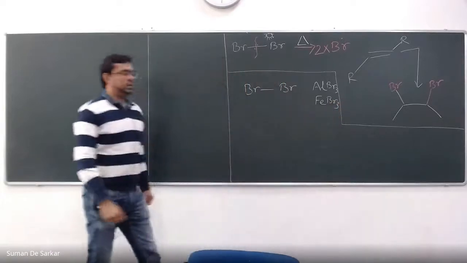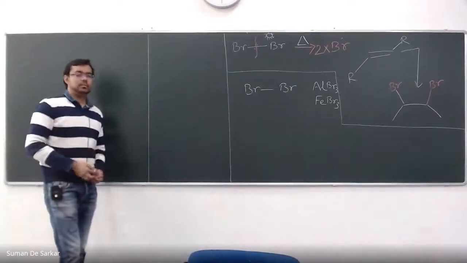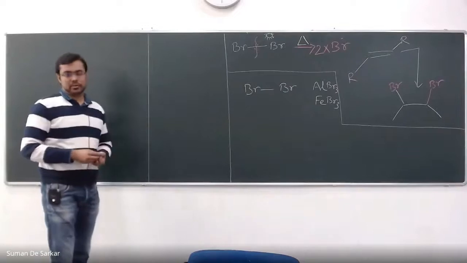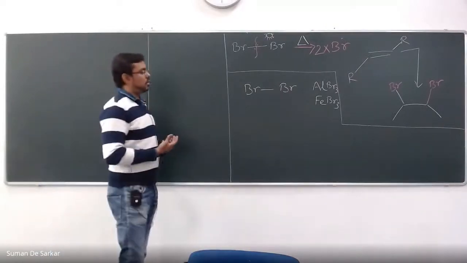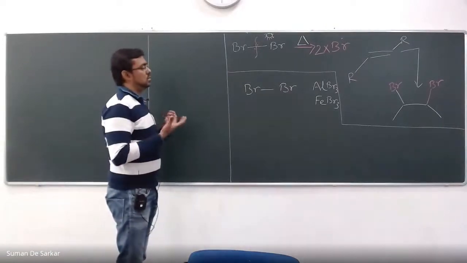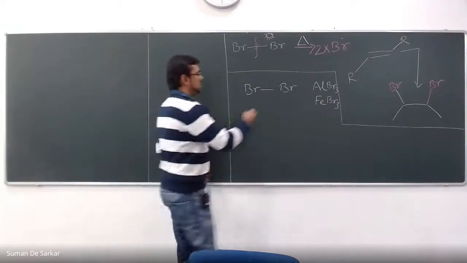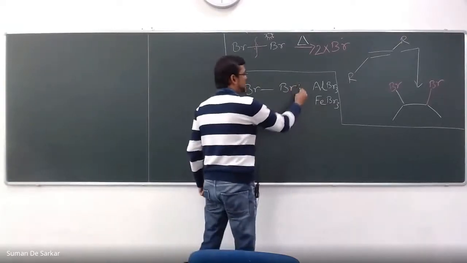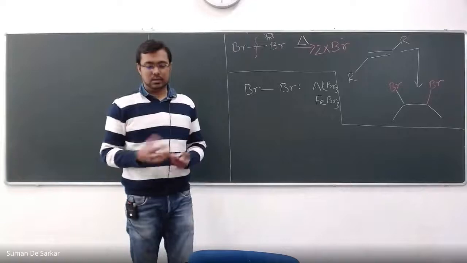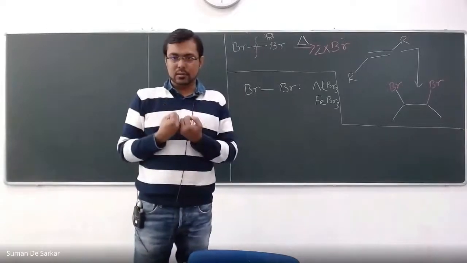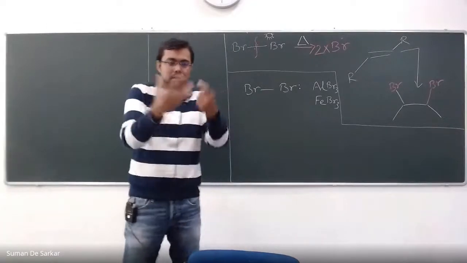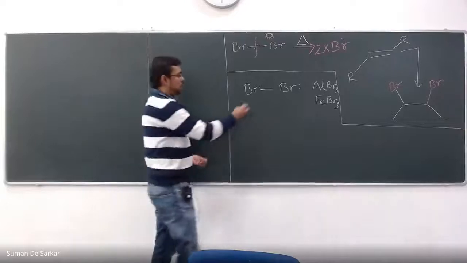Metal salts like aluminium, iron, and even magnesium, this kind of Lewis acid is quite famous. So what will happen if we mix any halogen with this kind of Lewis acid? Lewis acids, as you know, like electrons. A Lewis acid takes electrons from an electron-rich thing, and bromine